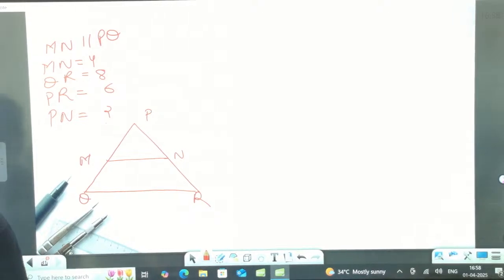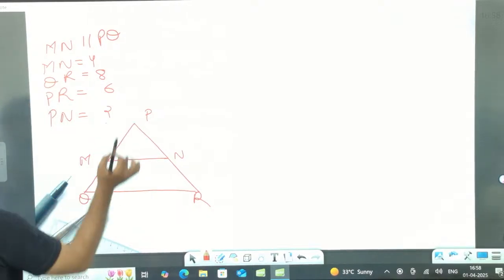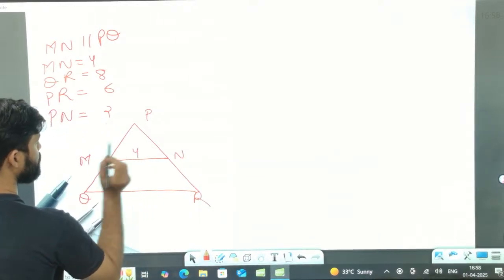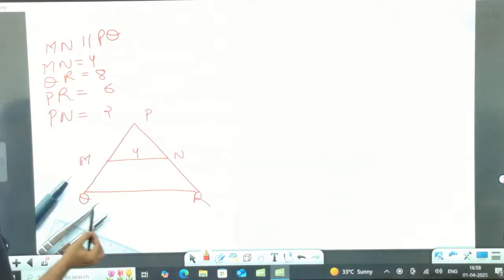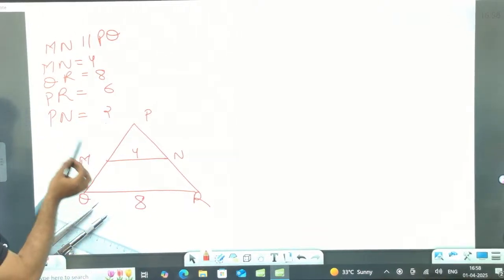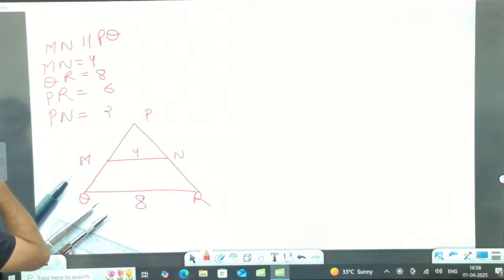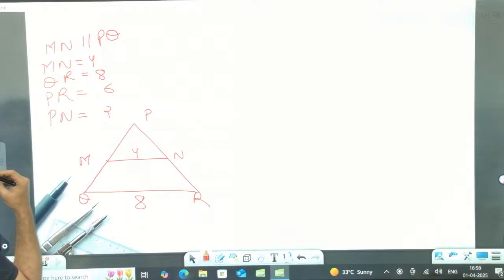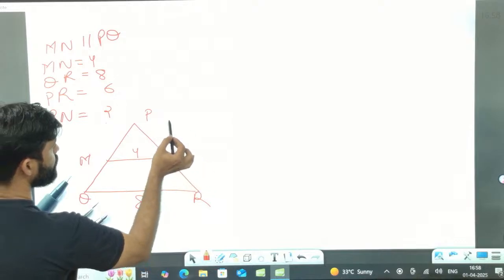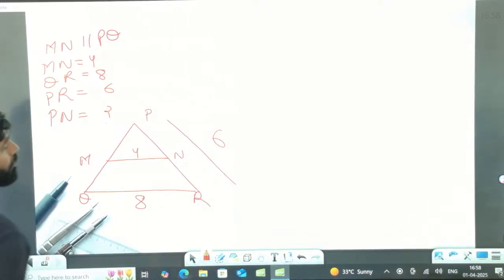P is the right answer. Look at the board. MN is 4 and this QR is 8, and what is given on that PR. This PR is 6, but we don't need that PR here,